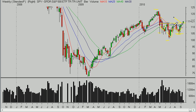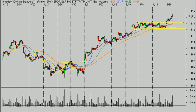Now, it doesn't mean it's going to be a nice and neat and simple return to the highs. The height of this head, which is what we would use in traditional technical analysis, is to take the height of the pattern, add it to the breakout point, and that would give us a price objective up near 125. It could happen. Let's just take it one move at a time, basically, and continue to focus and concentrate on,